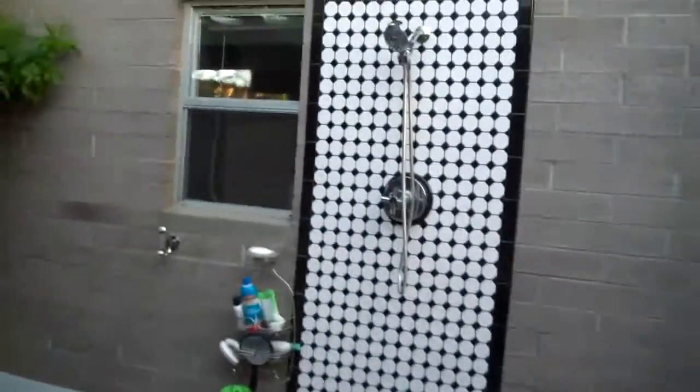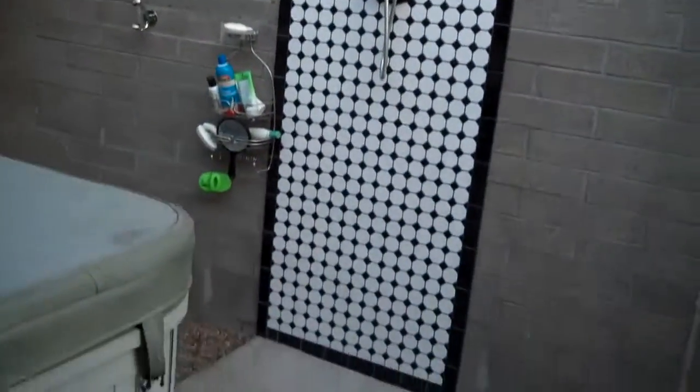Now I'm going to walk out of the bathroom. There's that makeup niche that you saw over here, and then the rest of the master bedroom. Now I'm going to walk outside the master bedroom. As we go outside the master bedroom, we have an outside shower that's private, and then I've got a jacuzzi here. So right outside the bedroom, you've got a jacuzzi